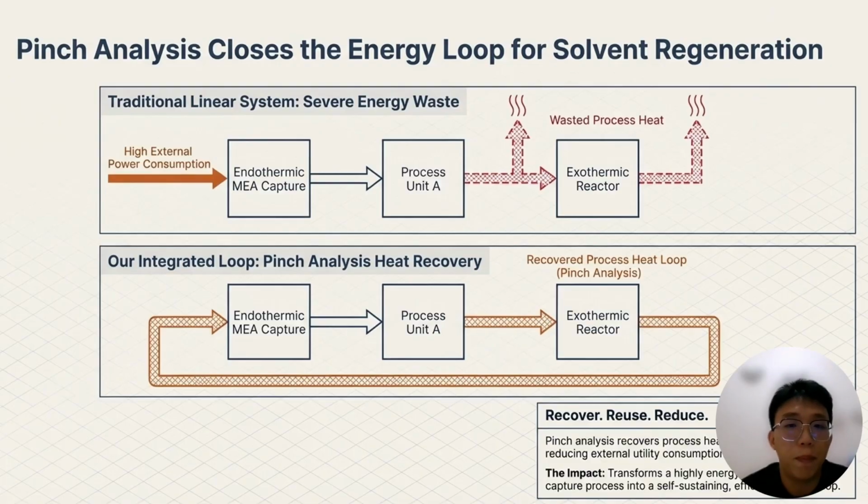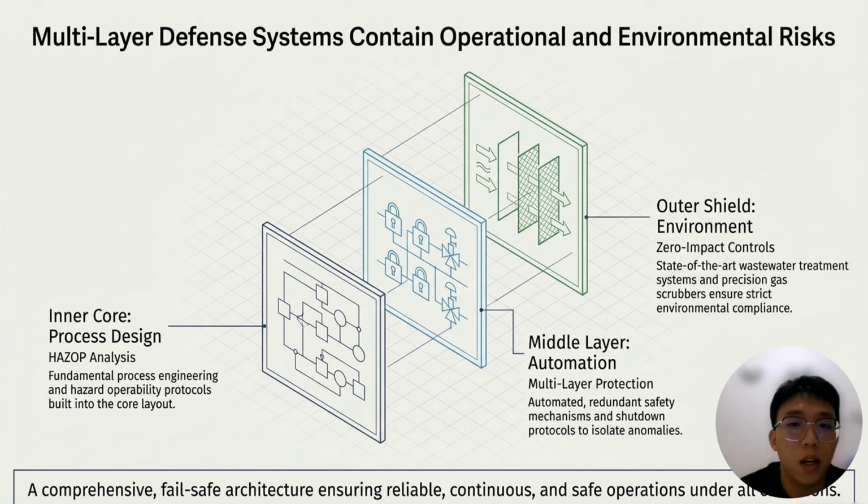Not only that, pinch analysis for heat integration addresses the high energy demand from carbon capture. By recovering and reusing process heat energy, we reduce external energy requirements and improve overall efficiency. This directly solves the energy penalty issue for MEA capture. Lastly, we implemented a multi-layer protection system to manage operational complexity and safety risks. These include process design like hazard analysis, automated control systems, and environmental protection units to ensure safe and reliable